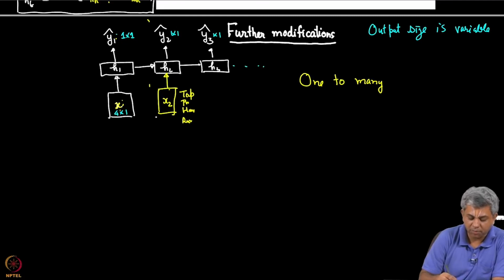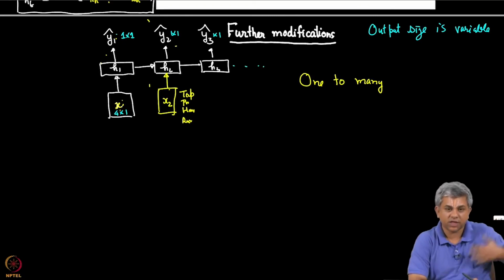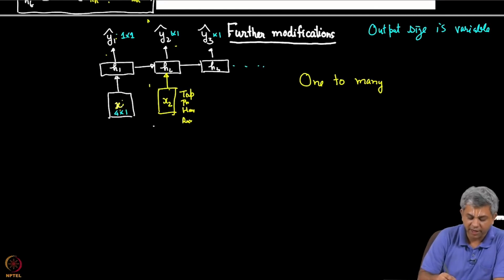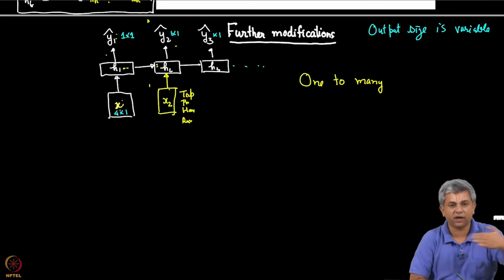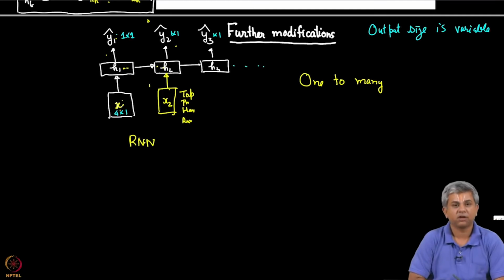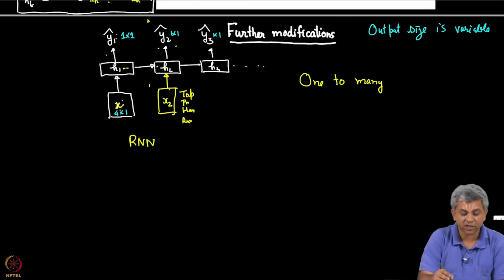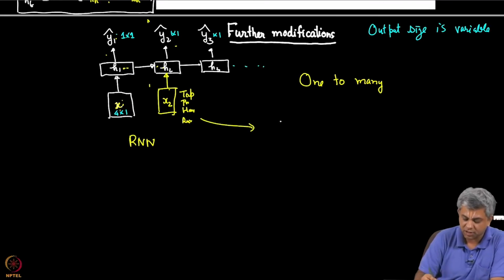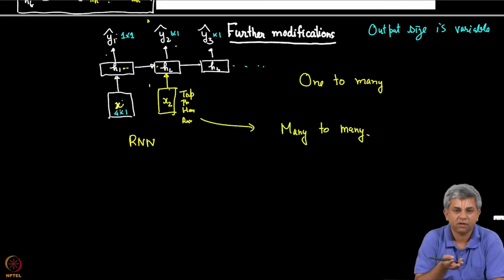Now, why can't I make simply this prediction? I would like to reuse this old data. Okay. So, yesterday's data also tells me something, today's data also tells me something. So, now instead of making this an independent ANN, I actually reincorporate this data by using this hidden layer input, and this would actually become an RNN. Now, I can use this and I will get slightly modified weights now. So, now if I include this, this becomes a many to many prediction.